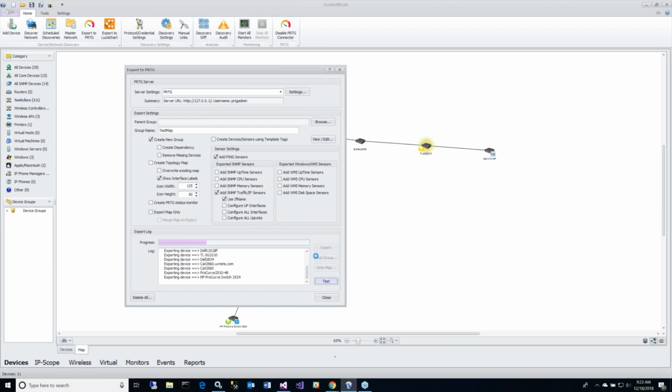export, and that makes a connection using the API, the credentials for the PRTG API. You can see it's going through right now and creating the sensors for those individual devices. And just that quickly, we've gone ahead and created a group inside of PRTG. So if I say go to group,